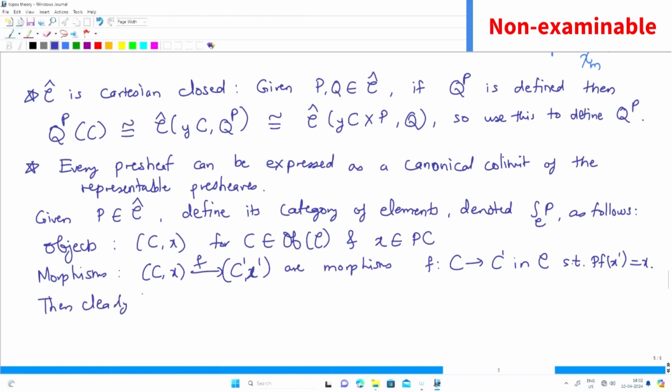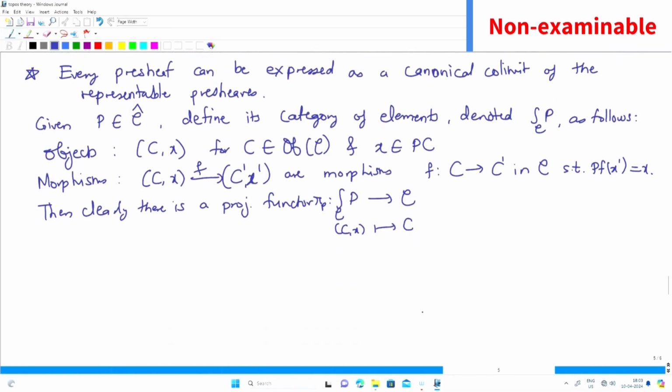Then clearly there is a projection functor from the category of elements, let me call it pi P, from the category of elements to C. What it does is it takes C comma X and maps it to C. Okay, so this projection functor, what is the use of this? To construct its adjoint. Yes. Okay, I'm not going to go into the details,